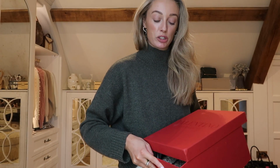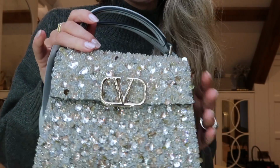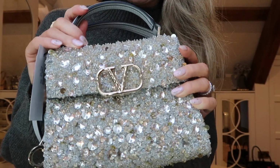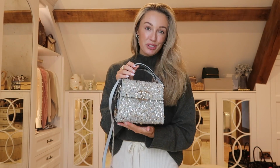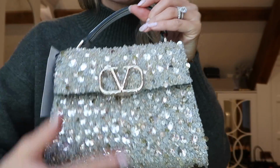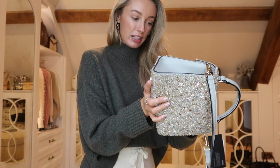So the next thing, this has got to be really perfect and fabulous because it was very pricey. I actually think that I've got Victoria and Susie to thank for this, because we were talking about this bag when they came over. And it is this ridiculously sparkly Valentino bag. Oh my gosh, it really is quite exceptional in real life. Not a great one for traveling because it's very, very heavy with all of this decoration on it. The actual Valentino logo is like a champagne kind of gold. Size-wise, I reckon I would fit...